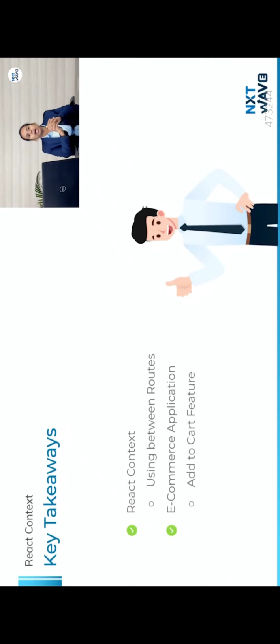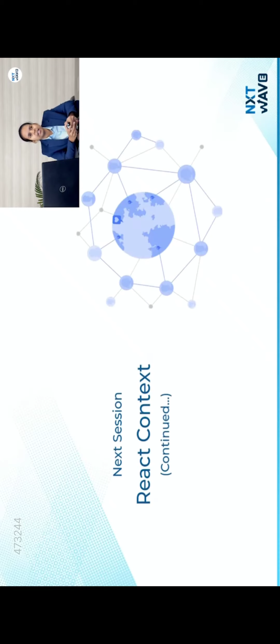In today's session, we understood that we can make use of context when some data has to be available between different routes or when it has to be available for a larger number of components. And we have made use of this context in the e-commerce application to build the add to cart feature. In the next session, we are going to